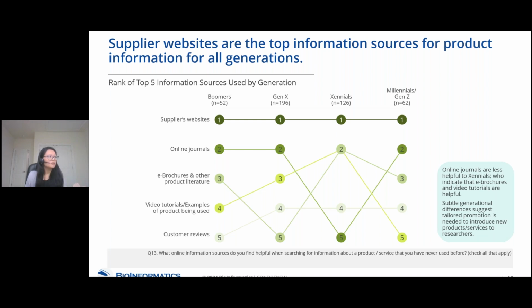We mentioned e-brochures, other product literature, video tutorials, as well as customer reviews are all information sources that customers use to learn about new products, and creating awareness through these channels to market your product is very important.